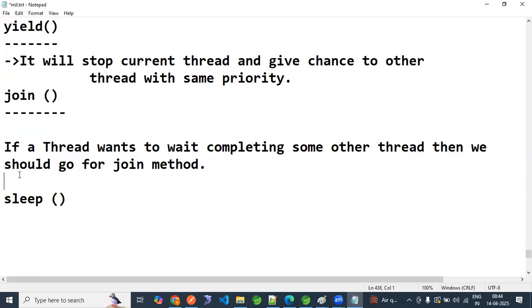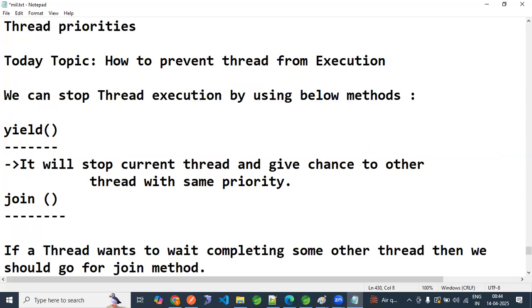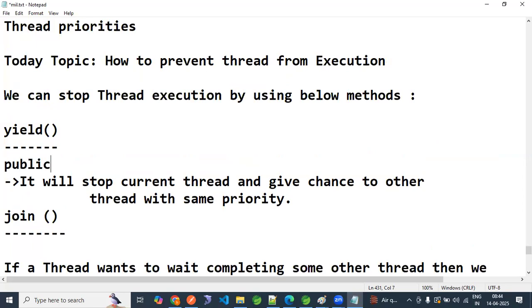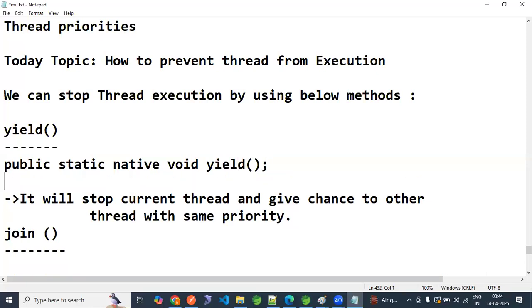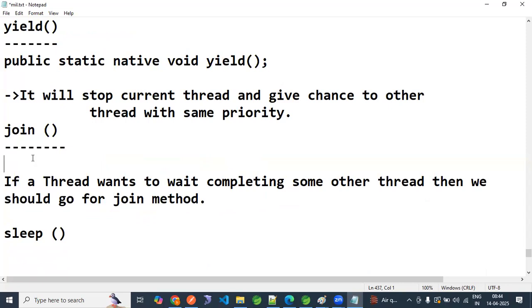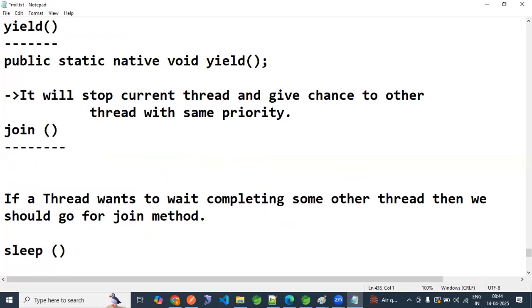What is the syntax? Let me write the syntax for these also. For yield: public static native void yield. This is the syntax for the yield method. For the join method, what is the syntax? There are three methods, right? Public final void join throws